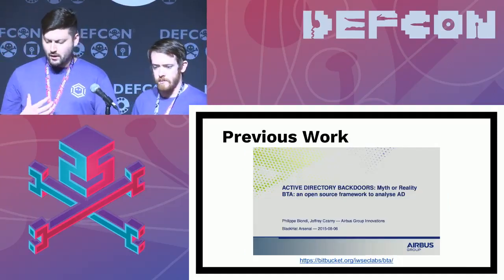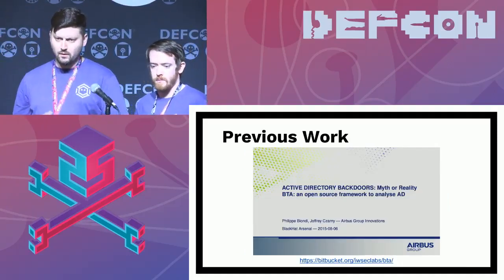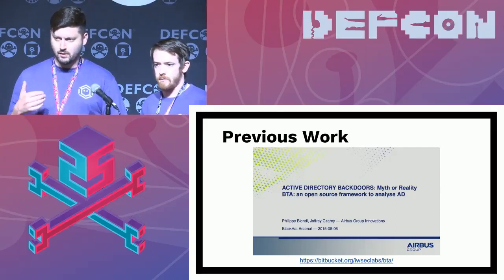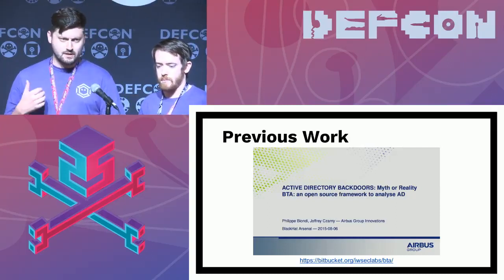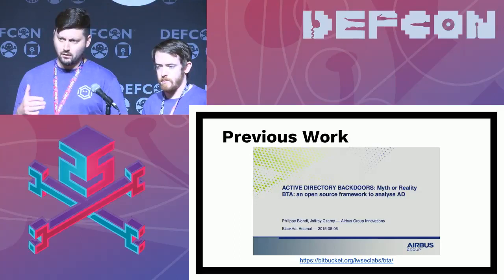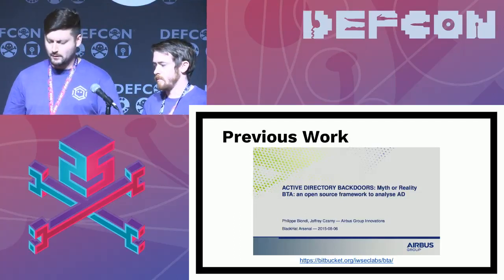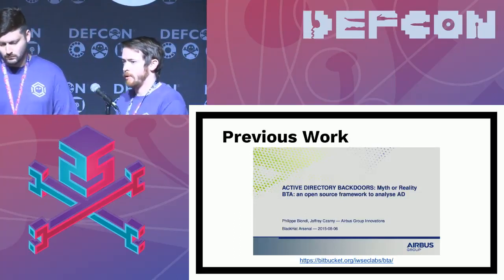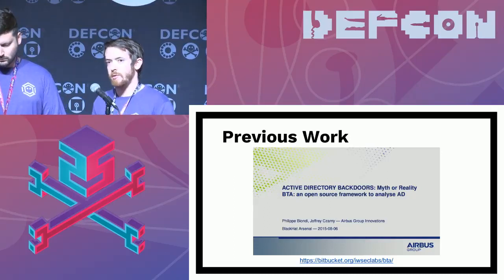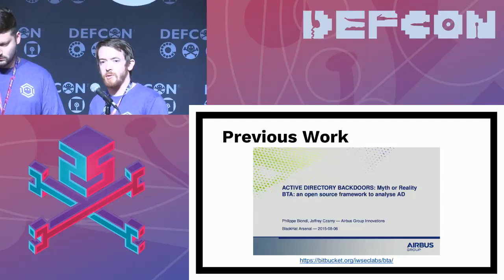And then next, there's also this other project called BTA. Unfortunately, we missed this before our Black Hat talk. So this is from the team at Airbus for trying to get a wrangle on Active Directory ACEs as well. One thing to note, they do some really cool analysis, but you need an offline ntds.dat. In our case, everything we're showing will be done remotely through LDAP, wrapped into PowerShell, but there's other weaponization methods,